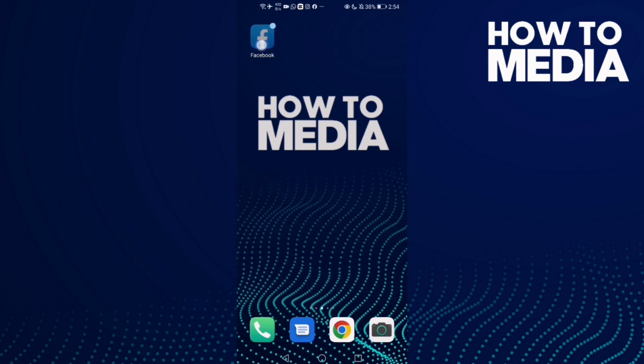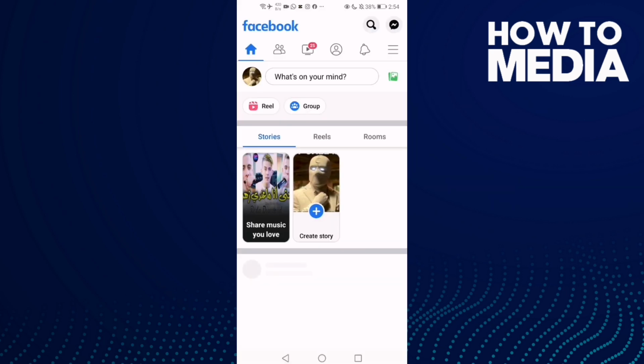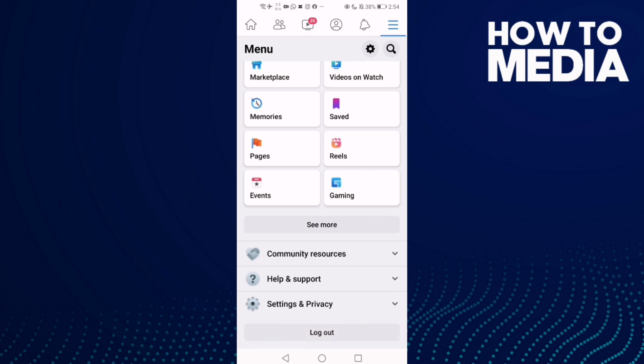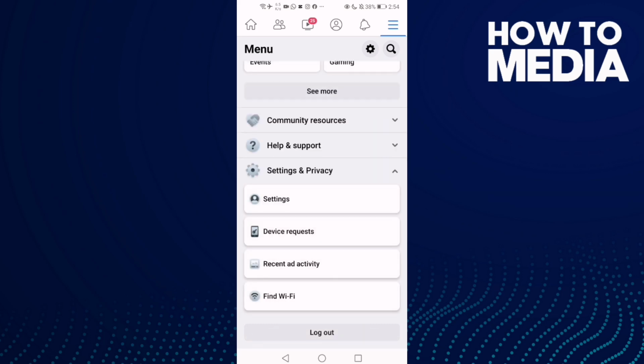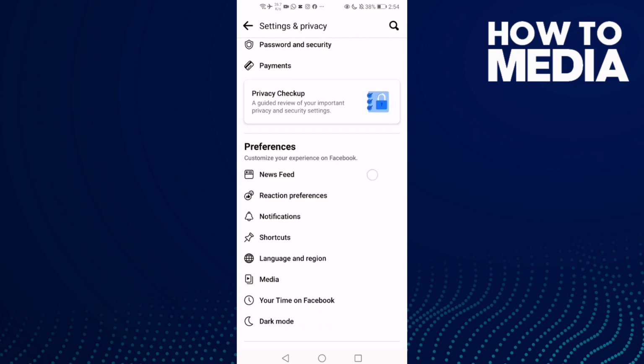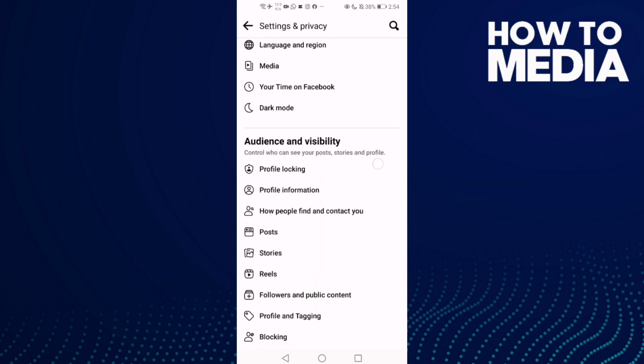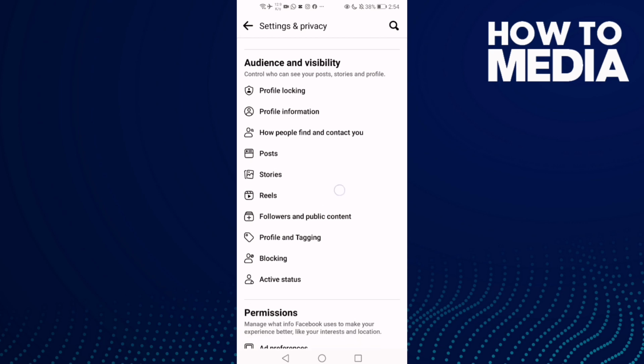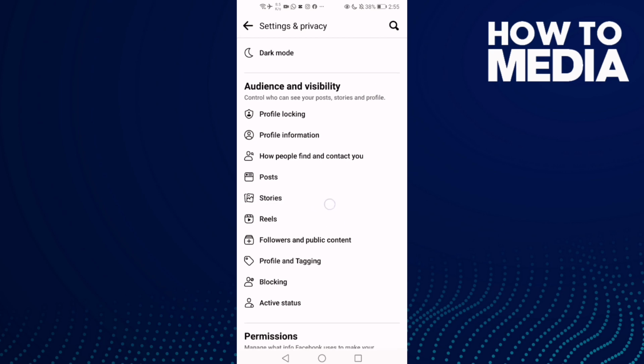First thing you're gonna do is go to Facebook and then click these three lines and go down until you find settings and privacy, and then click settings, and now just go down and you will find this one, stories,